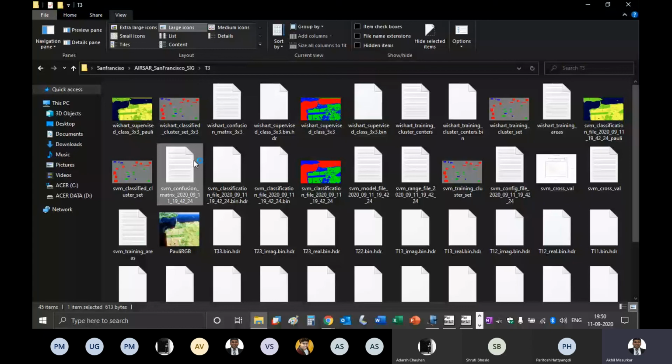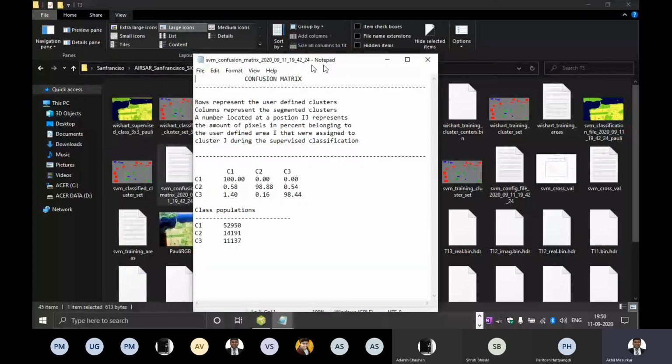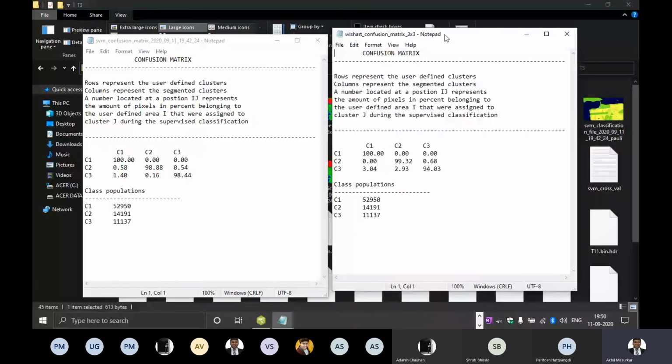So this is the confusion matrix of SVM, and this is the confusion matrix of Wishart. So you can see that SVM is giving better results as far as class 1 and 2 are concerned. Both are good, but as far as class 3 is concerned, Wishart is a little bit bad as compared to the SVM classifier.